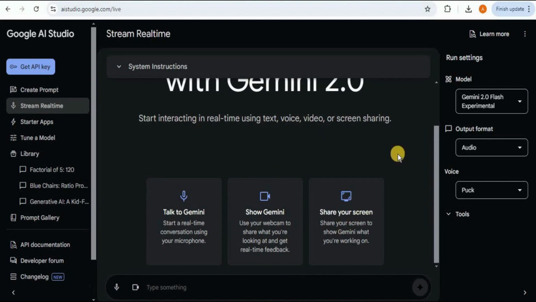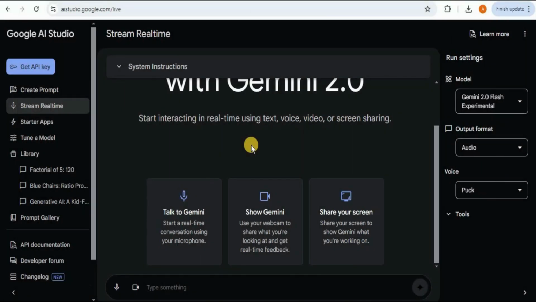So the overall plan is really simple. We will firstly share the screen with the Gemini 2.0 Live API. And instead of sharing a single tab, we are going to share the entire screen, because Gemini 2.0 will process what is actually present on your whole screen. Then we need to select the output format, which you can set according to your requirement. And then we are going to go to the web page or website from which we want to extract the data using web scraping, and then provide a prompt or instruction to Gemini 2.0 by actually talking to it. On the basis of our prompt, it is going to perform the operation and extract the data in real time.